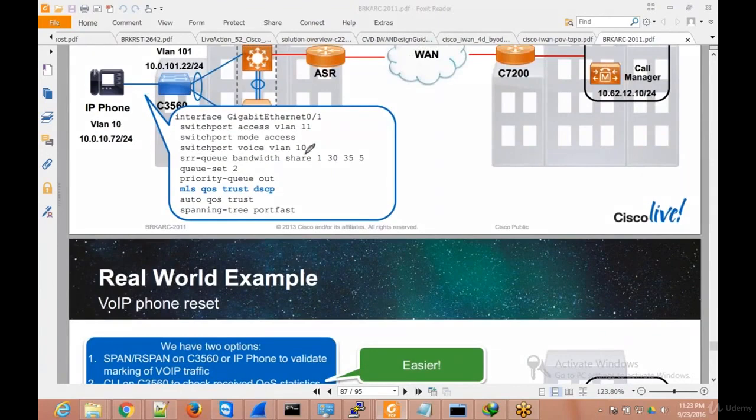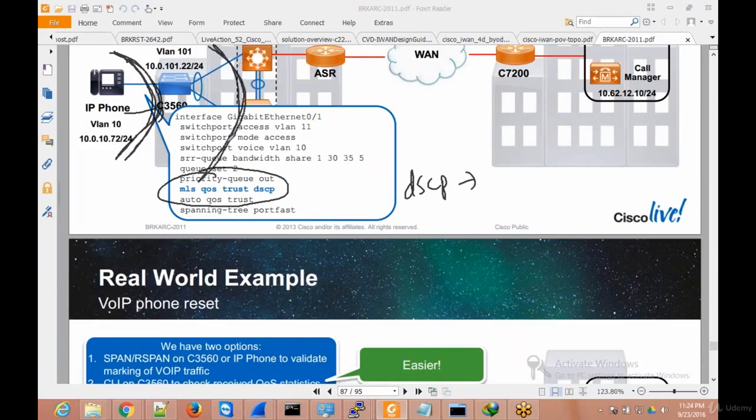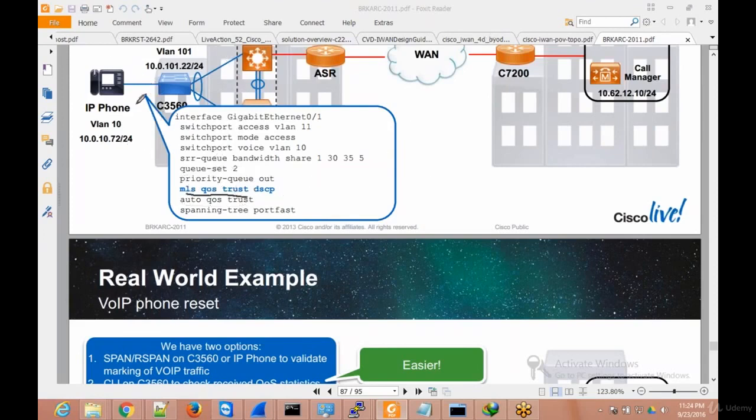If you check that configuration, this is required for the IP phone, to check whether you are sending DSCP marked traffic or not from the phone. So your DSCP trust marking should be here on this interface. So we'll check that as well. This configuration you need on this interface. After that,